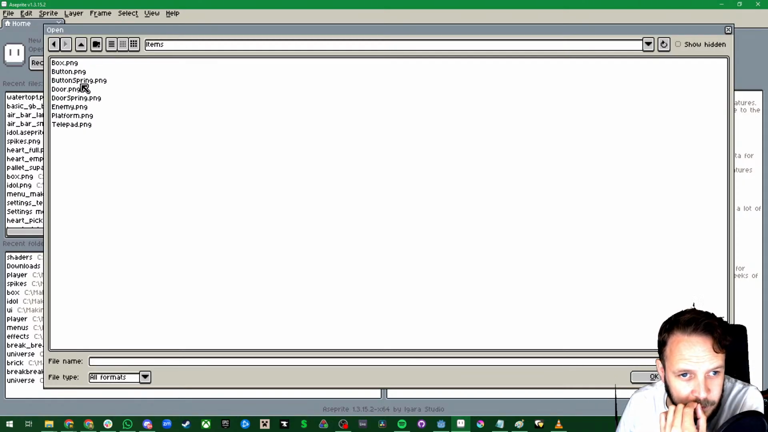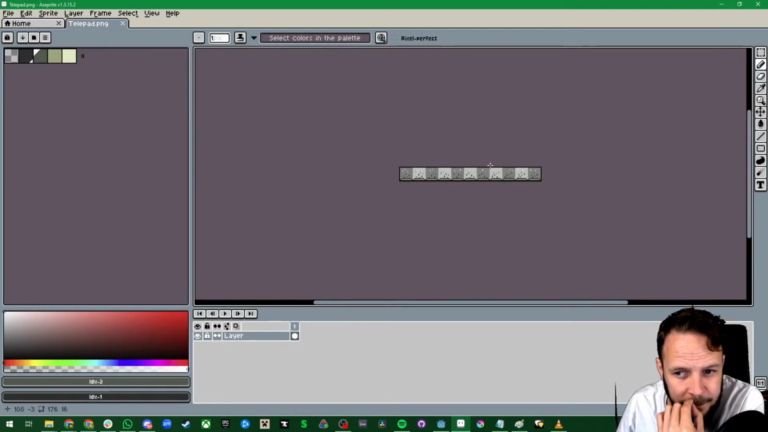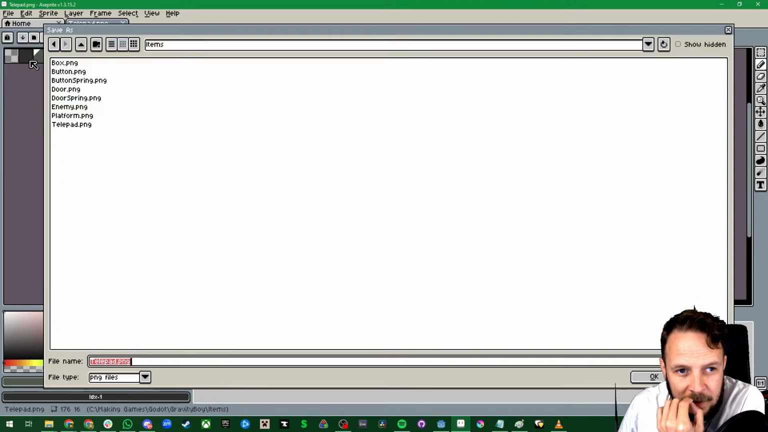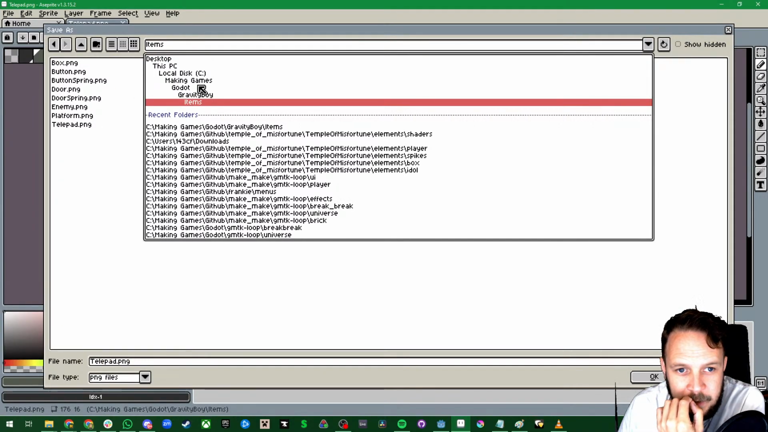Is it going to be in items? Telepad. Yeah. This is it. This is the thing that we want to use. It's a cool little animation that I made. What we need to do is save as and throw it into